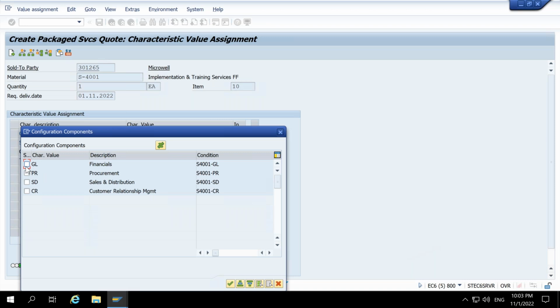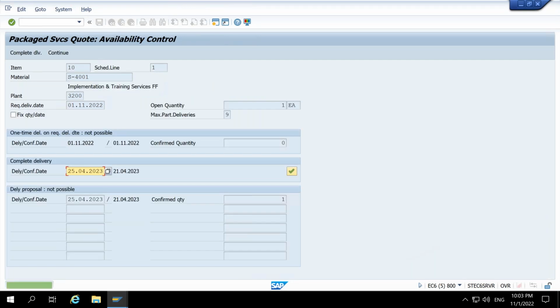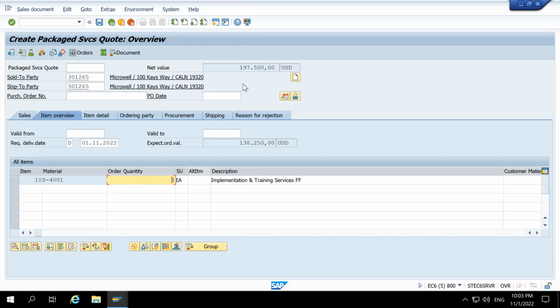One more thing, files. These are all for information purposes only. And then back. It's asking for the delivery date. That's fine. Now, as soon as I click on the save button,